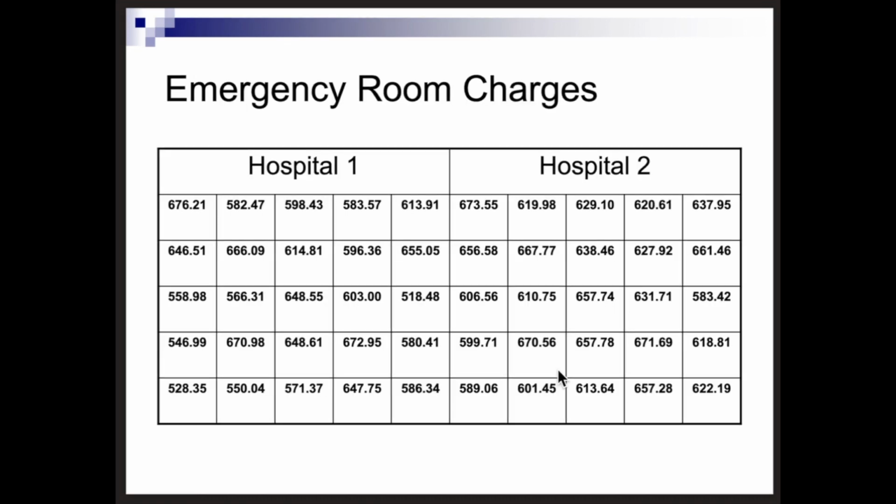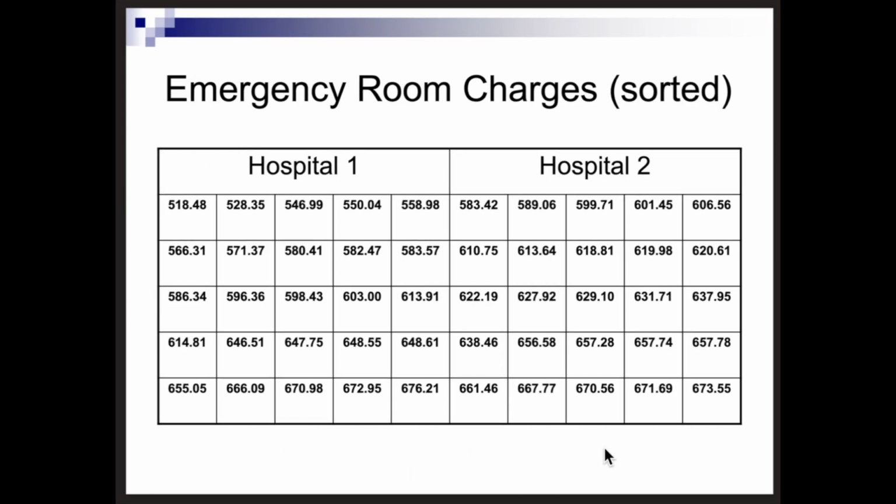And so here are the data, the emergency room charges for the 2 hospitals. This data has not been processed at all, so we've not even sorted the data. And so if we were to ask the question, which hospital looks like it has greater hospital charges, which of the hospitals looks like it has more variability in its charges, and could you begin to identify the shape of the distribution of the data? I think that all 3 of those questions would be somewhat difficult to answer because the data have not been processed at all. So what we want to do is create data arrays for each of the